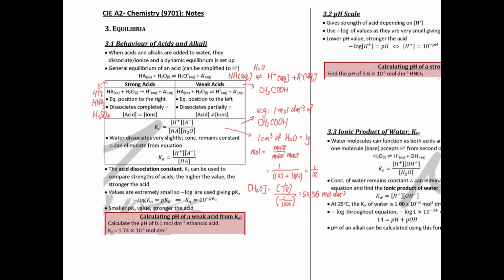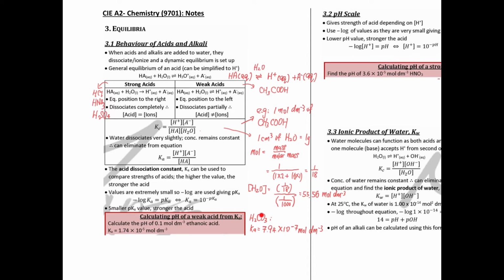Another famous acid here is carbonic acid, which is H2CO3. Carbonic acid. So the Ka is just 7.94 times 10 to the power of negative 7 mole per dm cube. So from here, if you compare between ethanoic acid, this value, and carbonic acid, this value,